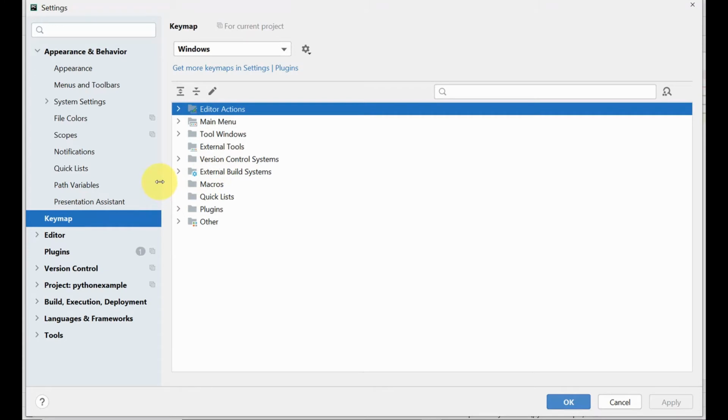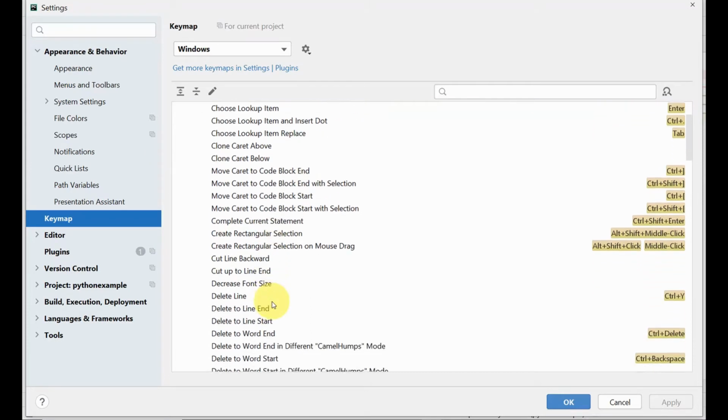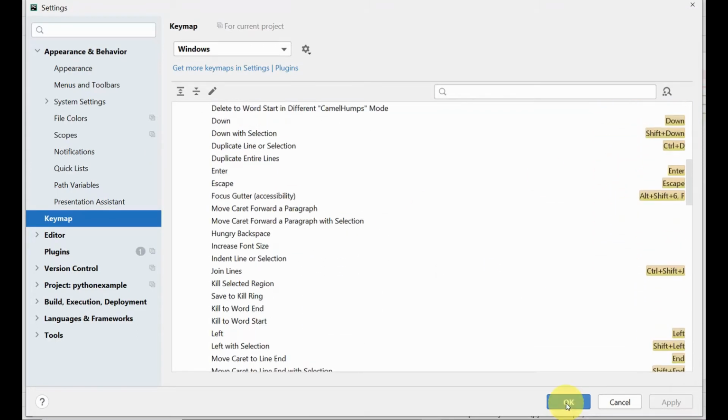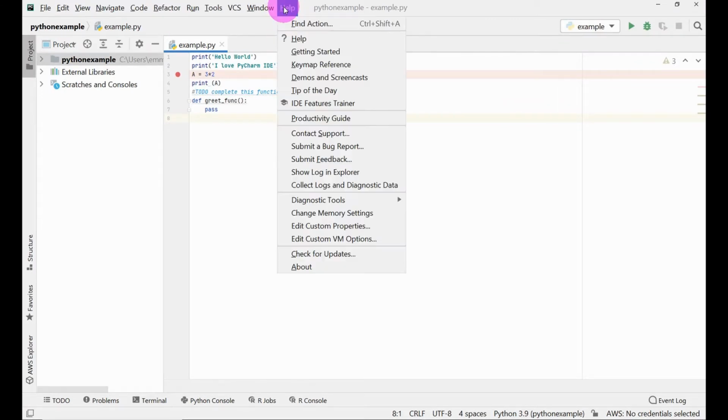And then if you want to know what the key map is all about, so if we go to the editor tab, it's telling us some of the key maps for adding or removing characters. You click Alt and click, and these are a list of key maps that we could use to achieve any of these functions here. So once we go to the shortcut keys, we would again talk about some of these key maps. But again, I could show you where you can use your key maps. PyCharm has made it easy for us by providing us with reference to our key maps. So you don't need to